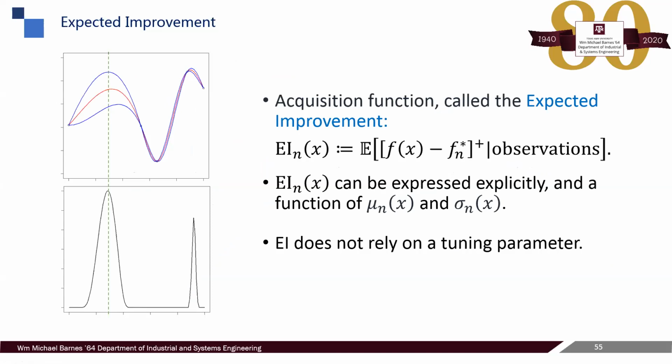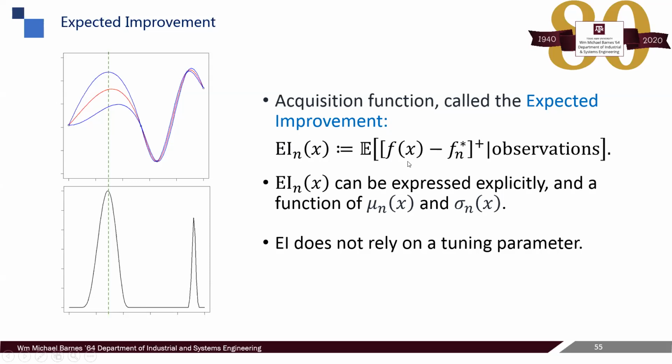So the acquisition function is called the expected improvement criteria, usually denoted as EI. The EI is taking the expected value of the improvement given the observations. This is a complicated function, but somehow it has an analytic formula. I'm not going to show you the formula. You can check,